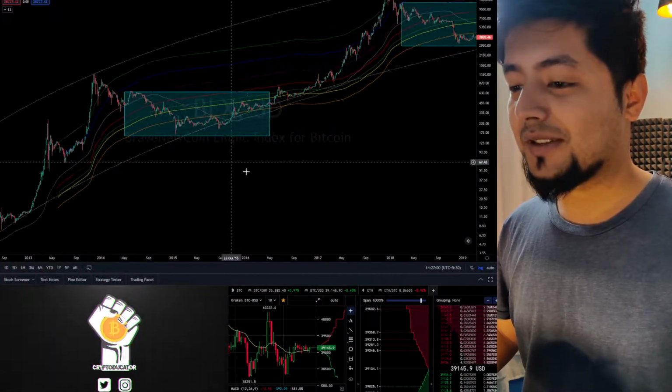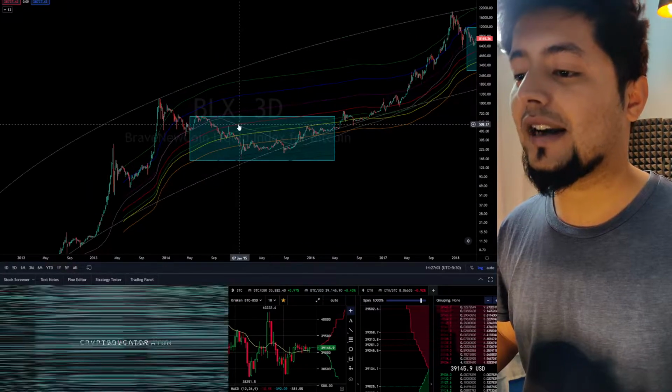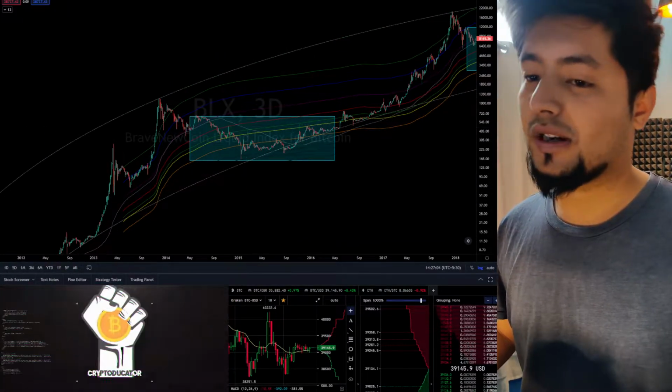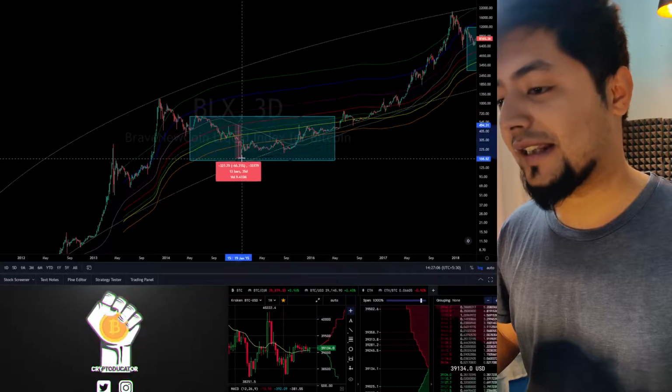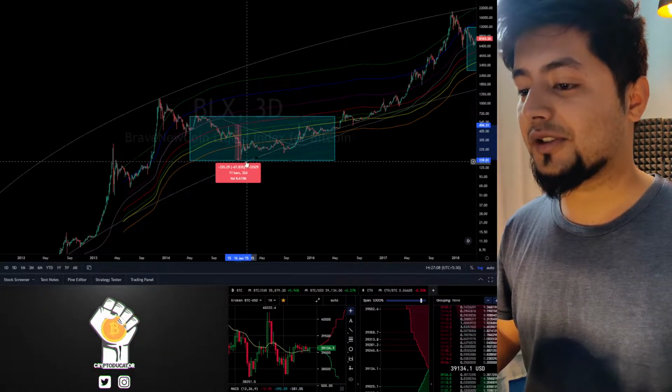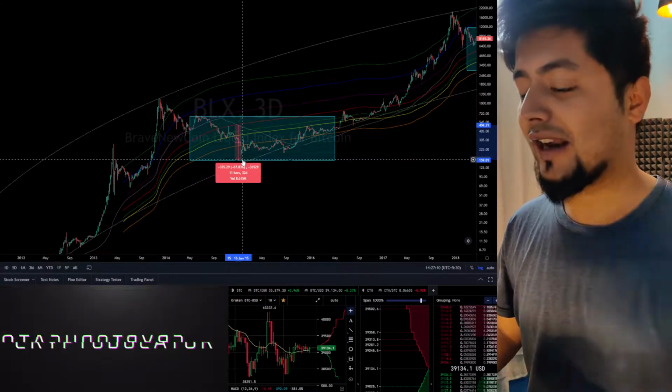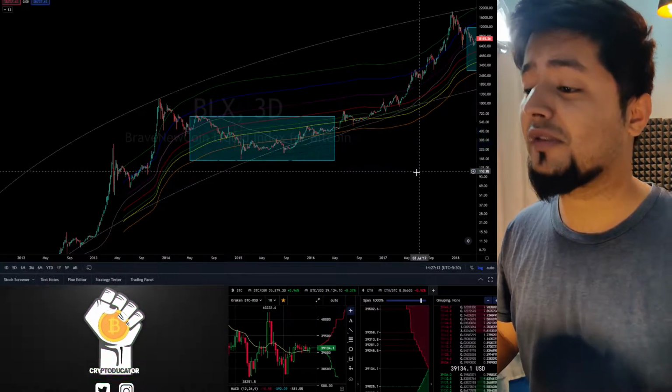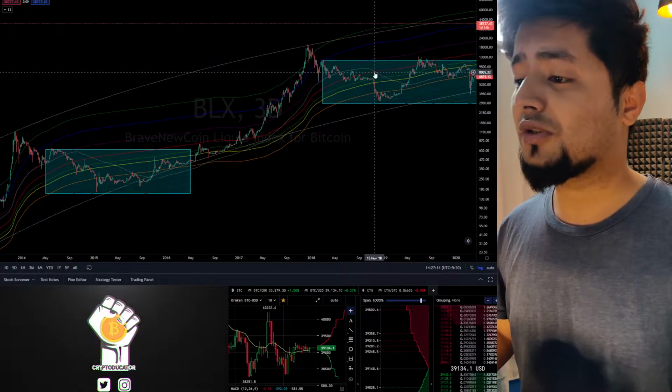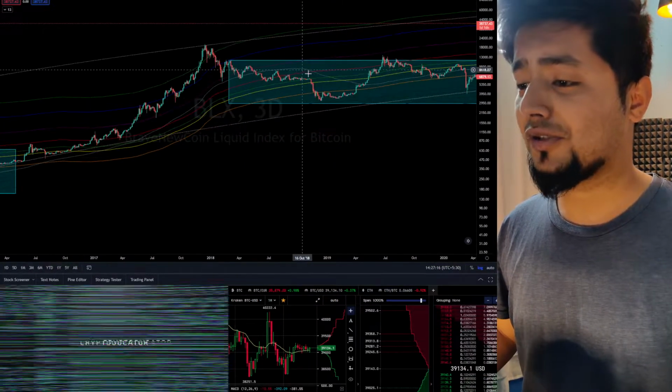Most of the times when we see a bearish cross between the gray and the red moving average, price action has gone down by 30%. Most often than not, it has happened, right? You can see that the first dump happened, Bitcoin went for that capitulation that took the price action towards the $150 regions. Second time was your 2018 bear market, and as soon as the bearish cross took place in the market,